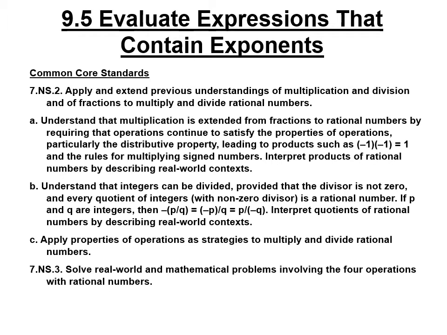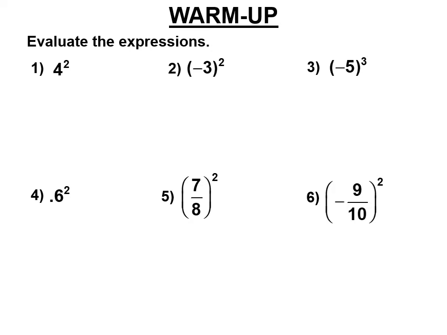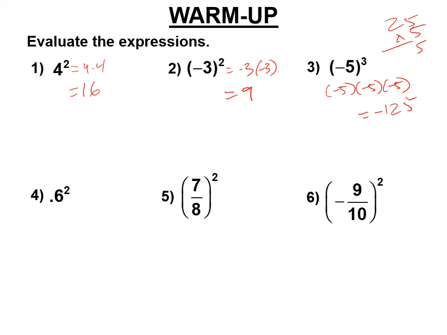So in 9.5, we're going to put exponents into expressions. So 4 squared is 4 times 4, which is 16. Negative 3 squared is negative 3 times negative 3, positive 9. Negative 5 cubed is negative 5 times negative 5 times negative 5. 3 negatives make a negative, and this is negative 125, because 25 times 5 is 125, but this is negative